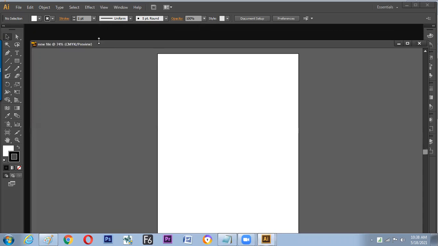So let us move to the second bunch of tools. The first bunch is for what? In the last class we have learned. The first bunch of tools in the toolbar represents what? Selection tools. Very nice. So the selection tools are the bunch of tools which are there on the top. Now below that we'll find creating tools.